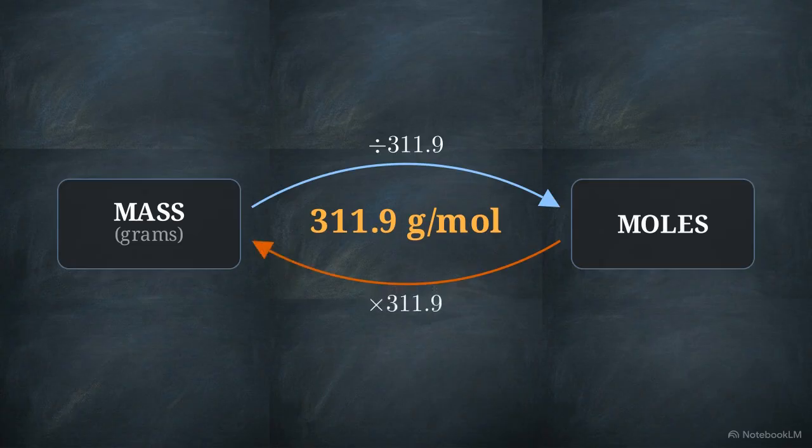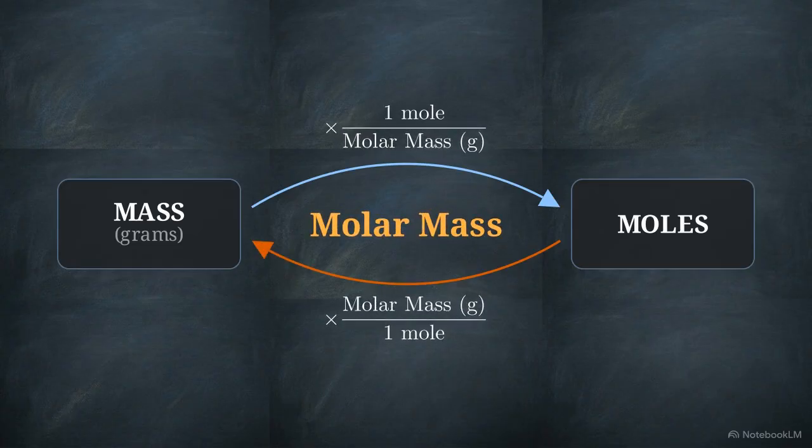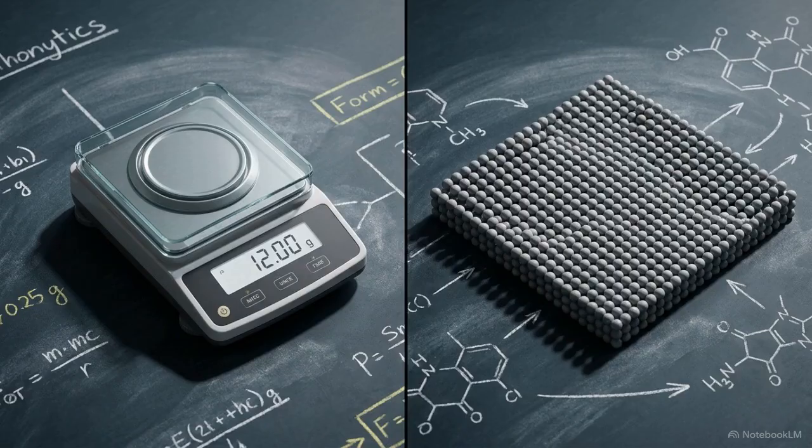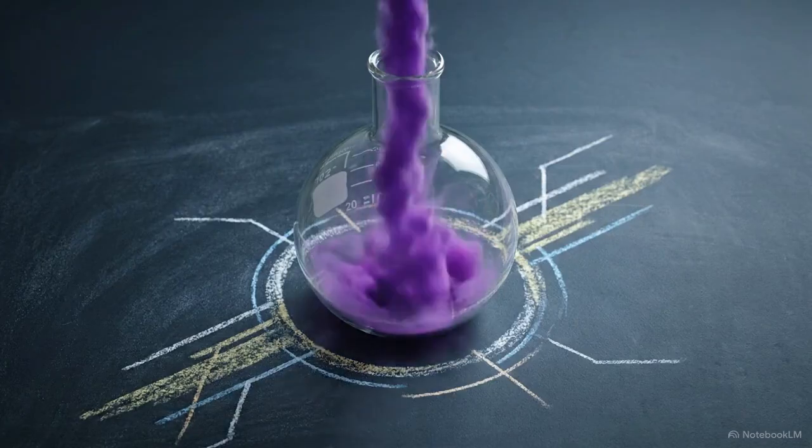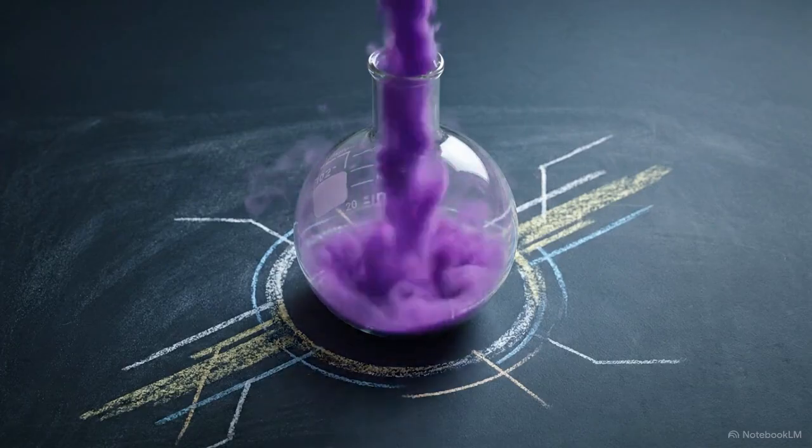Dividing mass by this molar mass gives moles. Multiplying moles by molar mass returns total mass. While mass is what we measure on a scale, converting it to moles reveals the actual number of particles available to react. While solids have a fixed mass we can easily weigh, gases are characterized by the volume of the